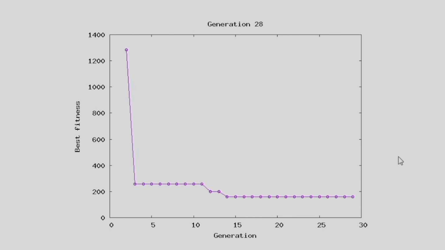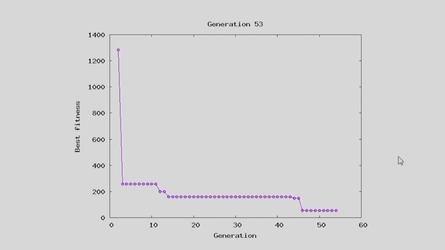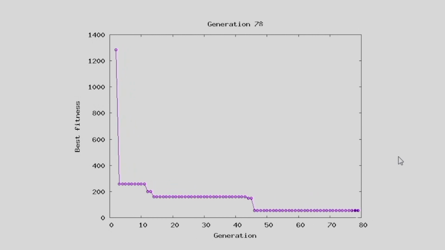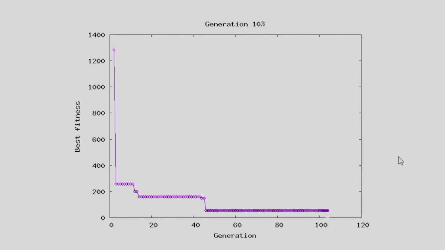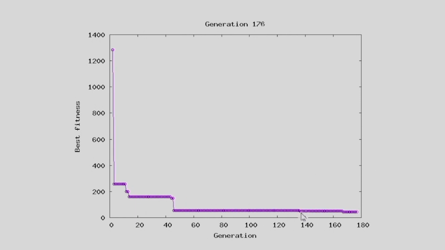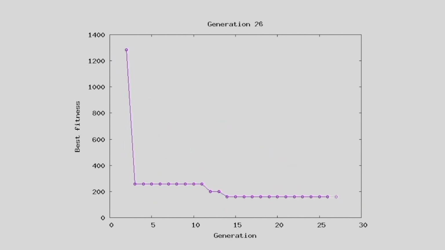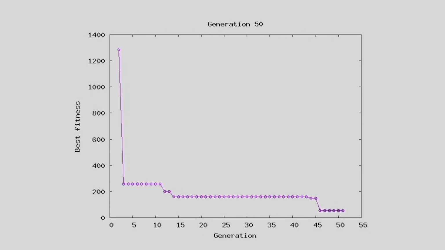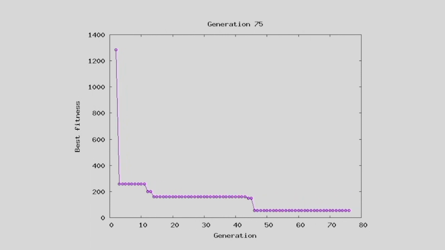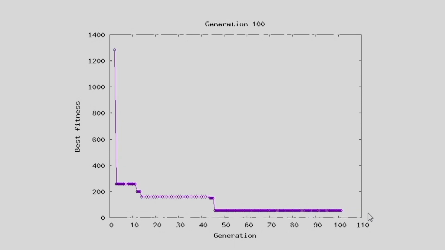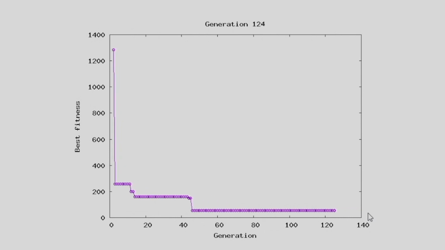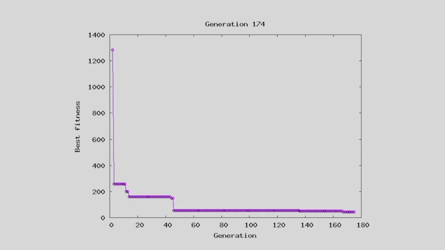Here the improvement can be seen in the early generations of binary coded GA, and once it reaches 45, there is no improvement. Then afterwards, somewhere close to 140, there is a little improvement. Close to 170 also, we have a little improvement. An important point to note is that even after running this binary coded GA for 200 generations, the optimum solution is not found by this algorithm.